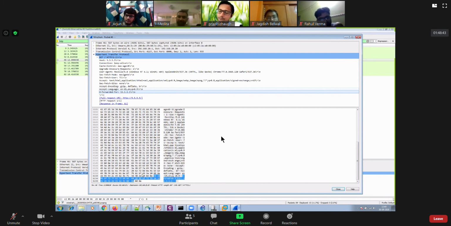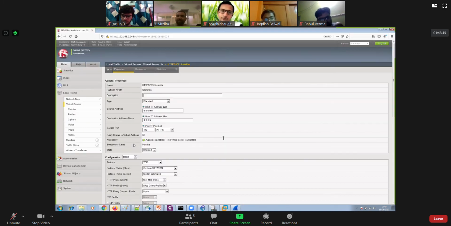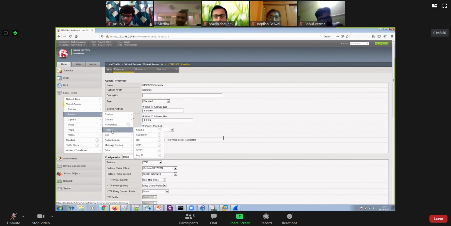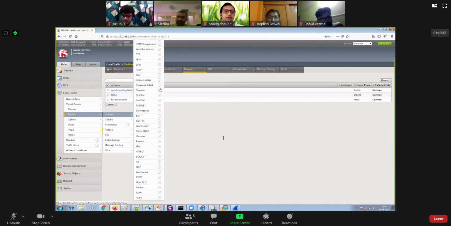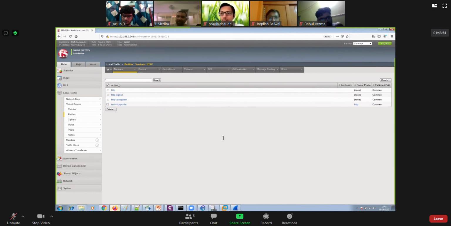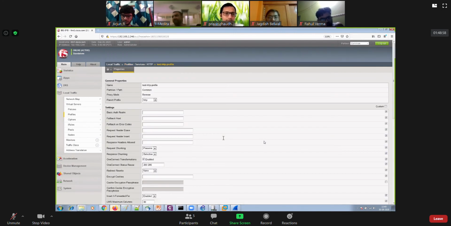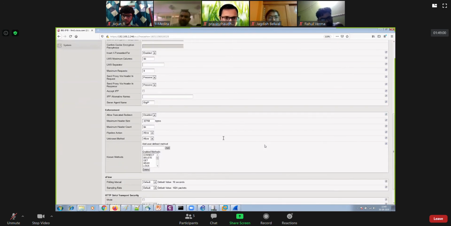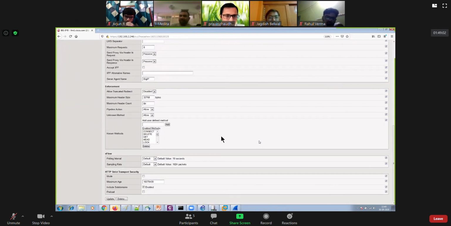So there are so many things that you can perform using the HTTP profile. This is what we did. If I go back to Services and then HTTP profile, you can see that we changed all these options, and they are available over here. By default, it supports all of the HTTP methods.